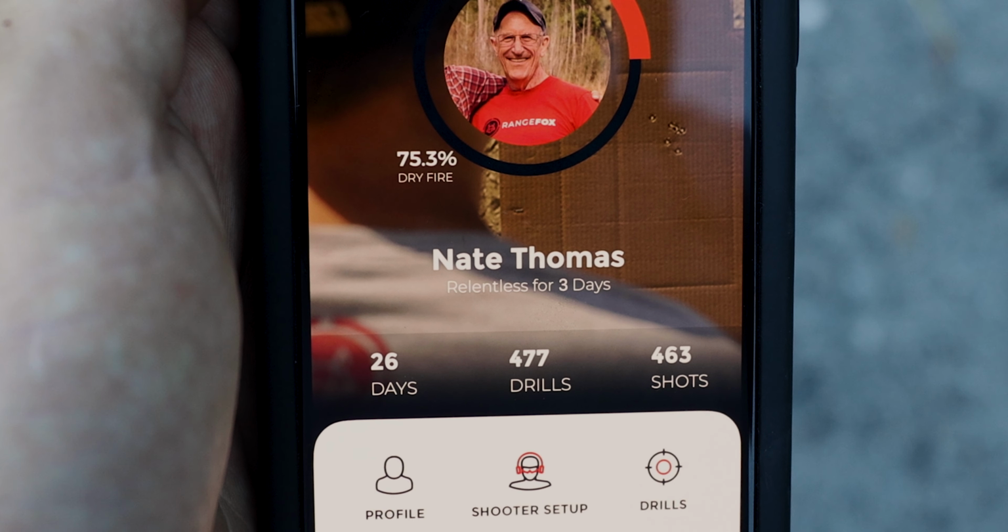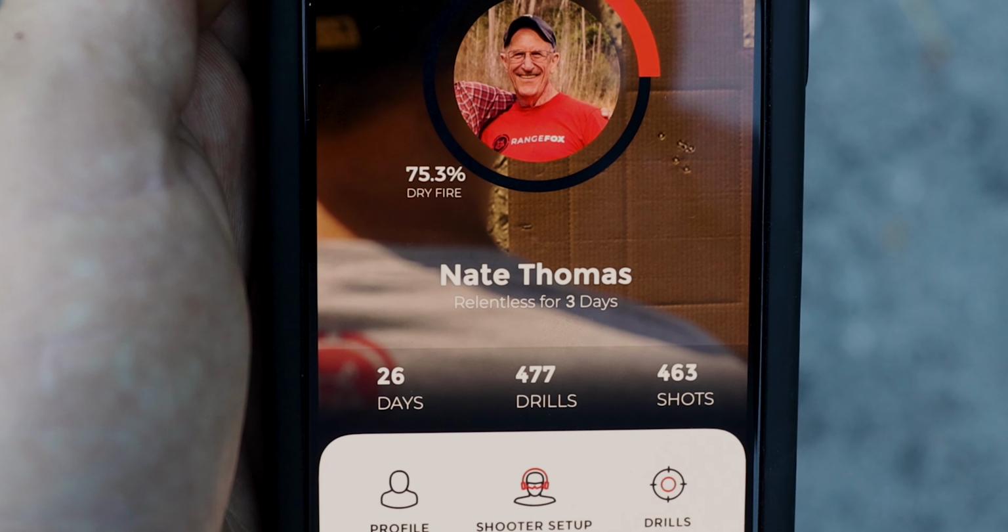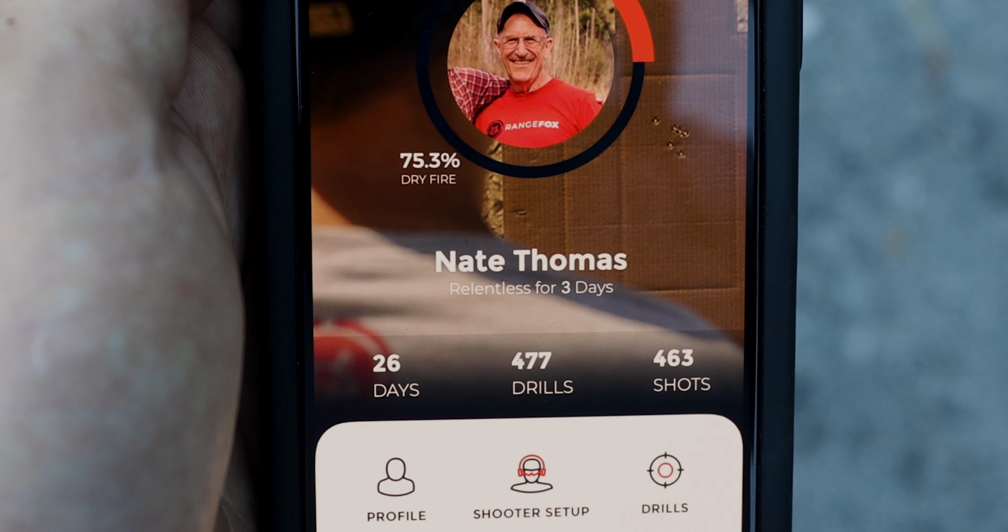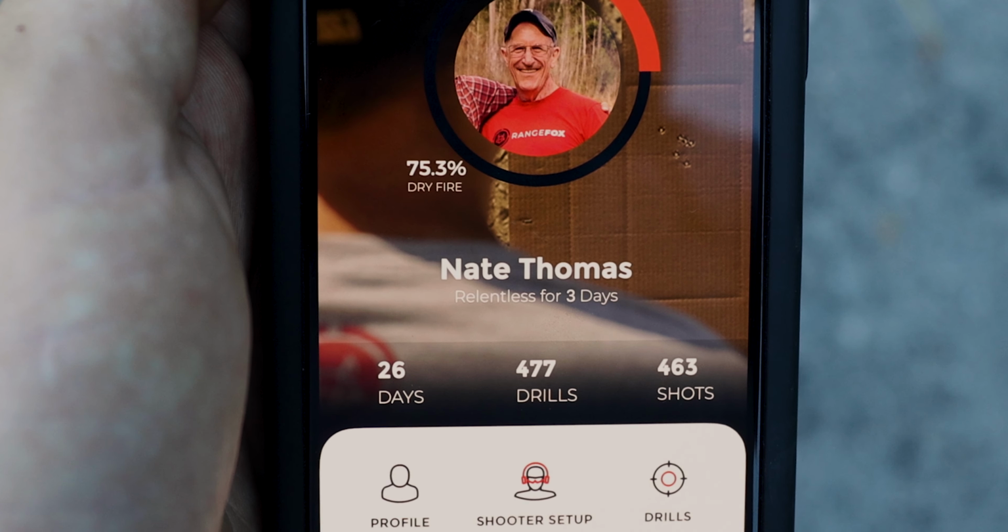Underneath your name you'll see the relentless counter. This is just a streak counter. It helps you keep track of how many days in a row you've been training with RangeFox, live or dry fire. It should burn a little bit when that resets to 0. That's the point. Once you're inside a specific drill, there's two places where you can pull information about your performance: